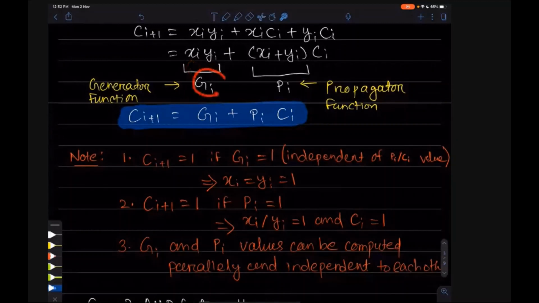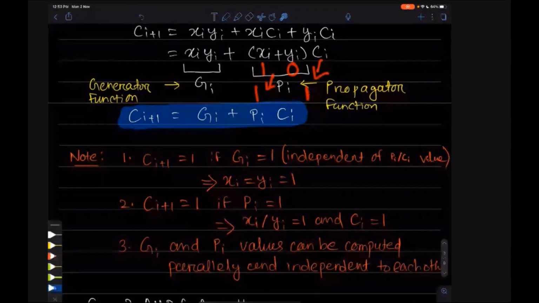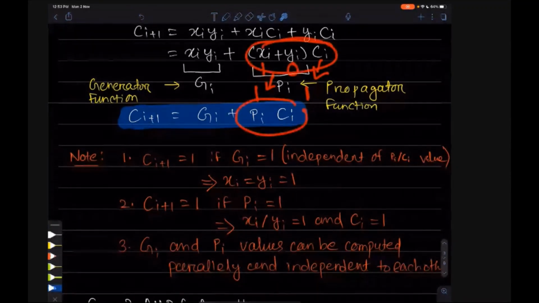In that case, this gi can never be 1, because it is an AND operation. So at that time, the propagator function will be activated. The generator function will be of no use. So if xi equals 1 and yi equals 0, then the OR operation will be 1, and Ci also has to be 1 to make the whole value 1. Understood?